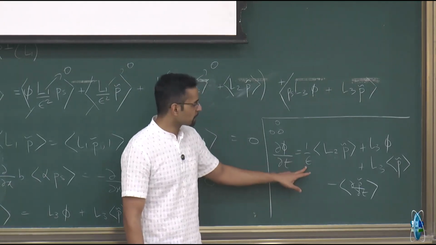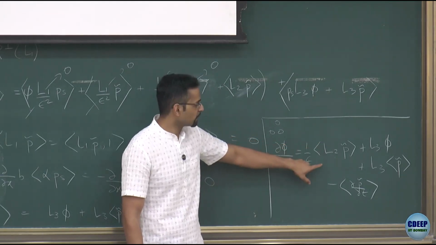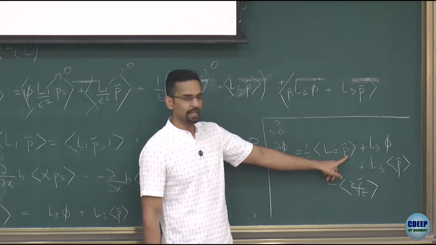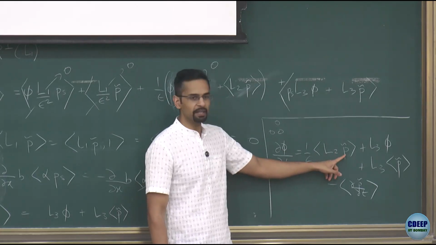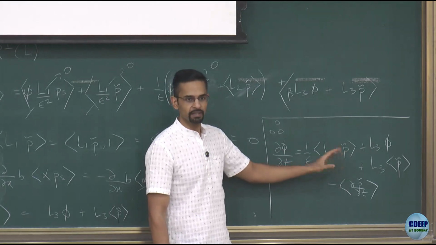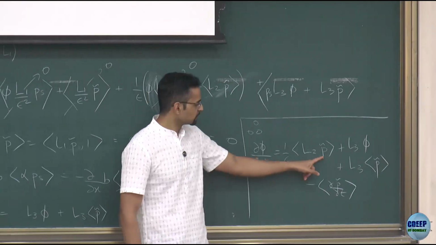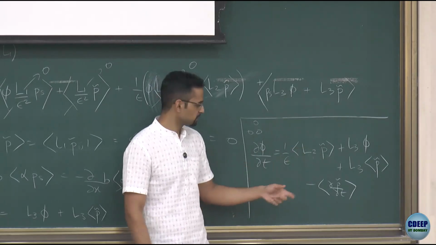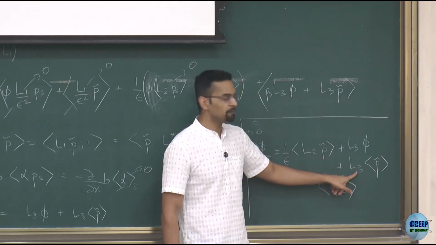So you see there is a 1 by epsilon here, so this is the dominant term. However, this p tilde is probably also order epsilon at leading order. So the epsilons will cancel here, this will be an order 1 term. And I'm just anticipating that p tilde will not be order 1. P tilde will be at least order epsilon, because when epsilon is 0, p tilde doesn't exist. So if this is order epsilon, then this term is order 1. So I'll have to keep it. This is an order 1 term. Now this term will be small.